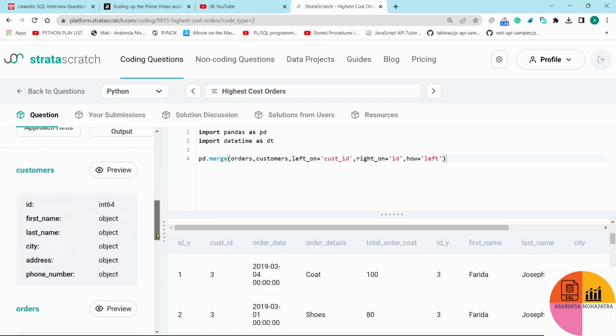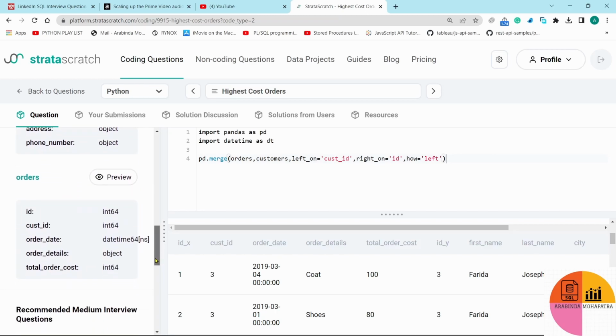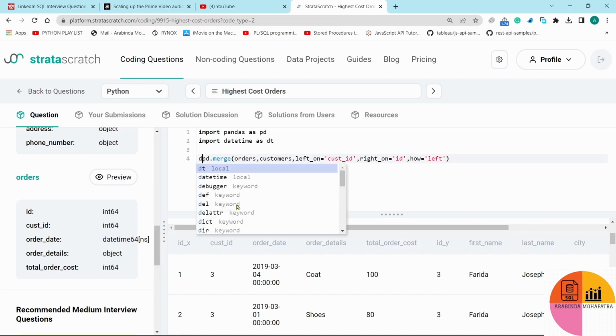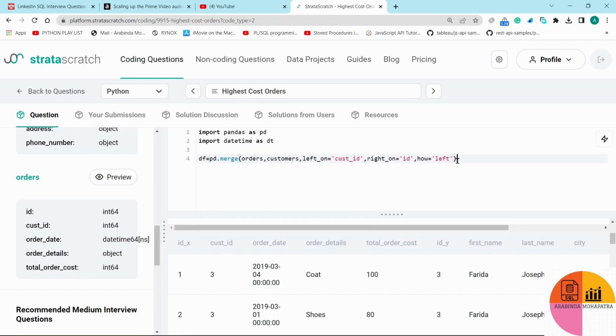And if you see here, from the order table, that is the date time. So now what I'll do is merge inside a data frame, and then I'll just convert this date time to date only. So order date